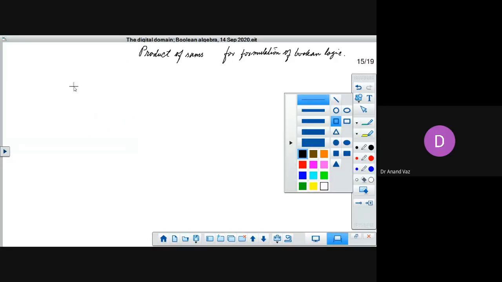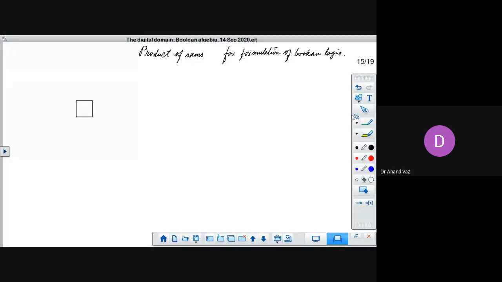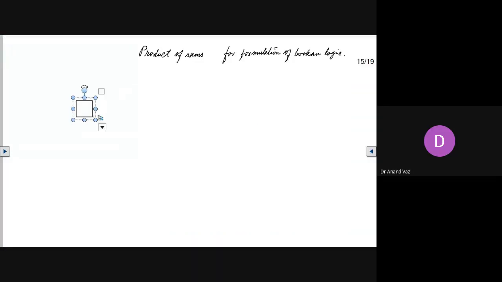Let's consider the kind of addition that we do. Let's take one bit and add that bit to another bit.